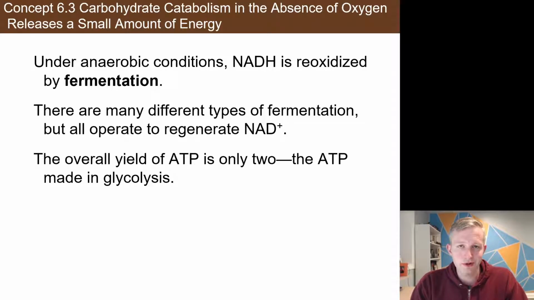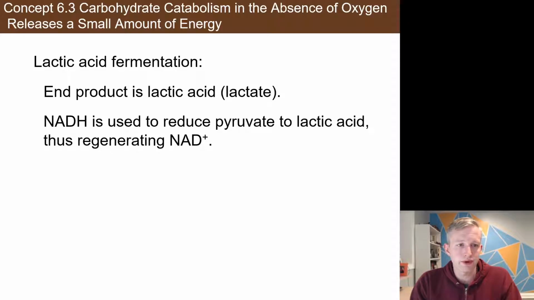And it turns out that too much pyruvate kind of becomes a problem. Too much of anything inside of the cell becomes a problem. It hinders the continued production of that molecule. As you get higher and higher concentrations of it, it becomes chemically less and less favorable to keep making it. And so this is what fermentation steps in and does. There are 2 different types of fermentation we'll talk about, but it takes the pyruvate and converts it to something that we can get rid of. And by continuously getting rid of it, we can keep making more pyruvate, and we can keep getting that 2